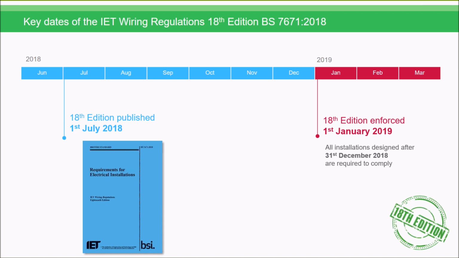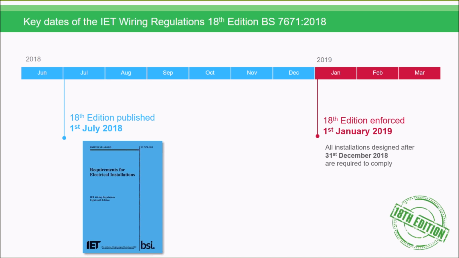So this now replaces the 17th edition Amendment 3 that we were working to previously. The key dates to remember with regard to the 18th edition are the 1st of July 2018 when they were published, and then 1st of January 2019 is when the regulations come into effect and all installations then must comply